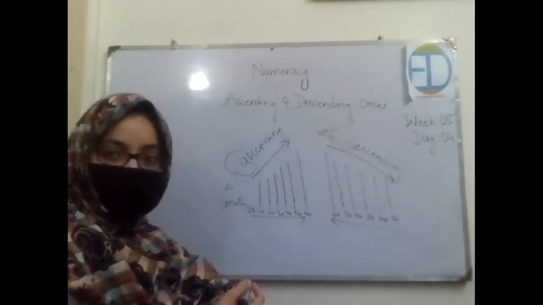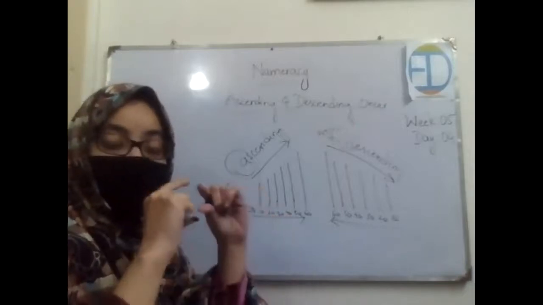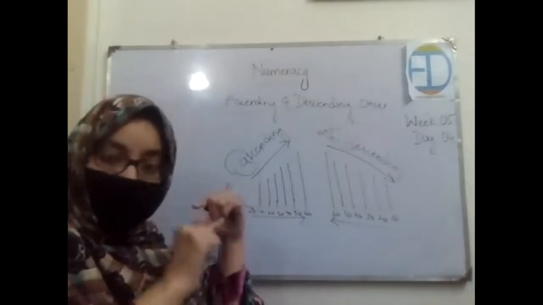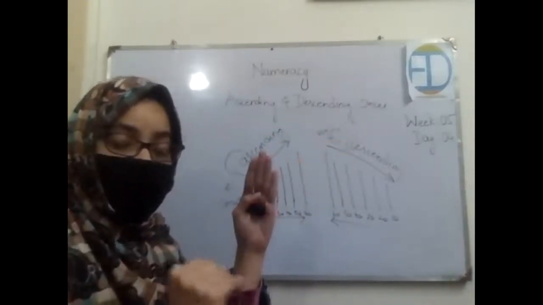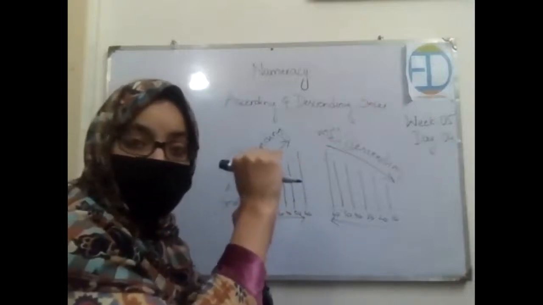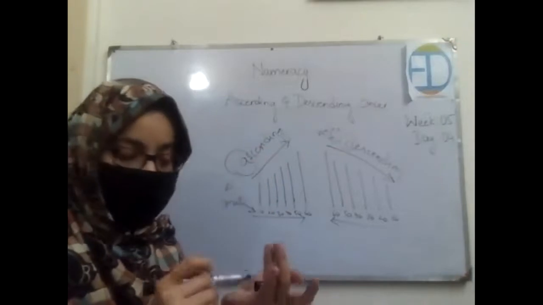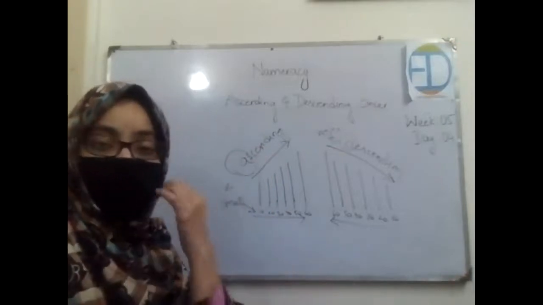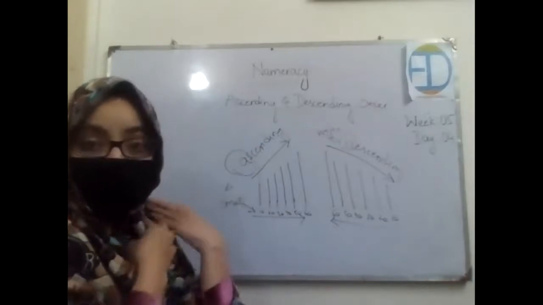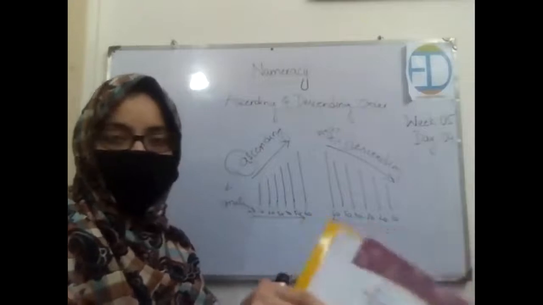Got it? A comes first, A is small. So ascending means start from the smallest number and move toward the highest. Now D is highest as compared to A, so in descending order you will start from the highest number and then you will move toward the smallest or the lowest number. So this is the simplest technique through which you can memorize what ascending and descending mean. Okay, now open your book page number 24.